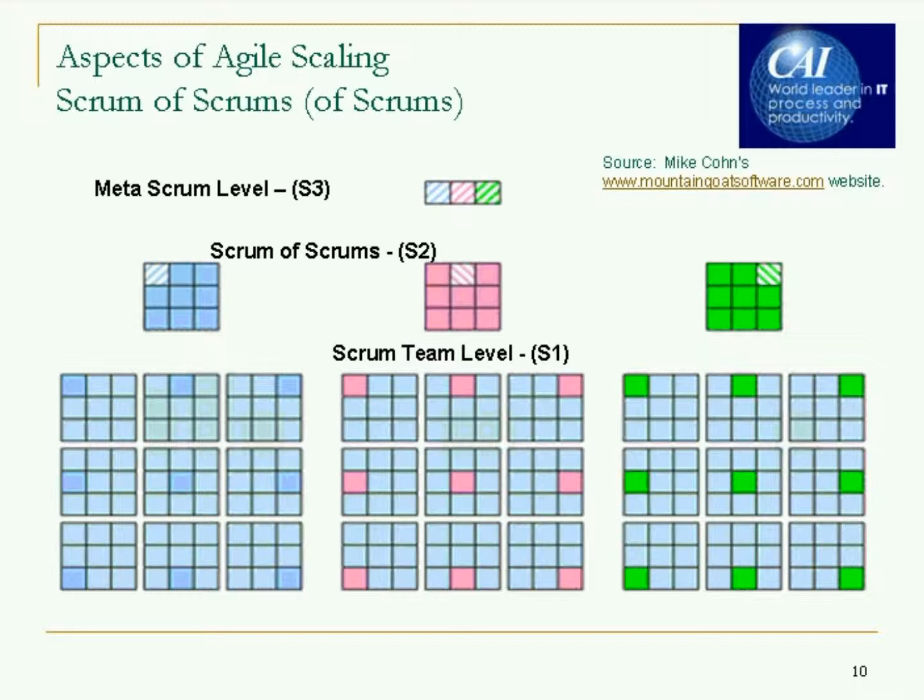And I like to talk about this as the conversations change. At the lowest level, the conversations are around the teams getting work done. At the second level, it's usually conversations around how are we integrating towards release goals, maybe from a feature compromise perspective or from trade-offs or from needing extra resources. And at the third level, it's really guiding, for example, are the Agile standards in place. Budgeting would probably happen at the S3 level, and it just gives you a model. It's a nice working model that as Agile sprawls and you increase the number of teams, you have to have these layers, and they're not traditional layers, but they're Agile-esque layers of collaboration and of discussion.